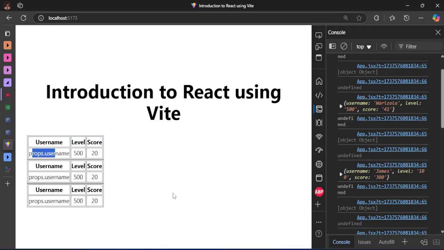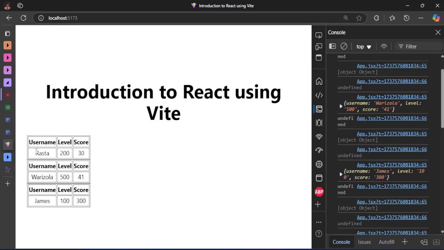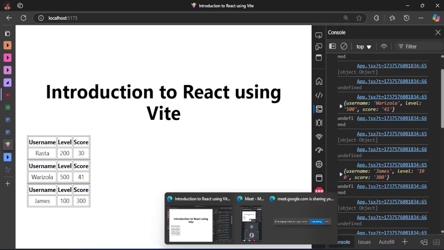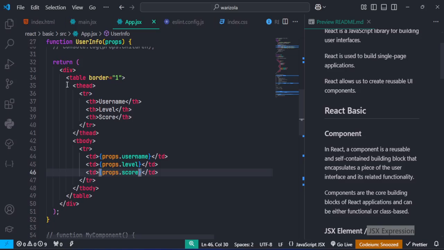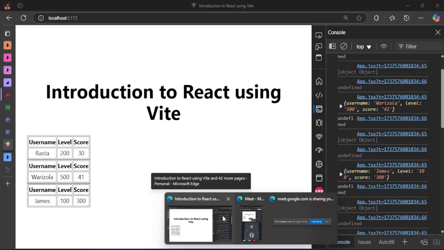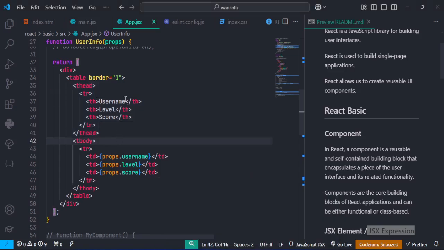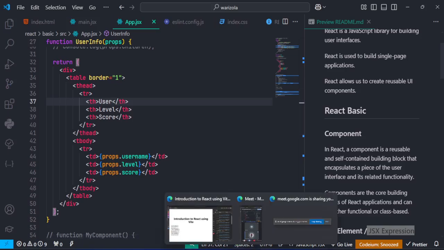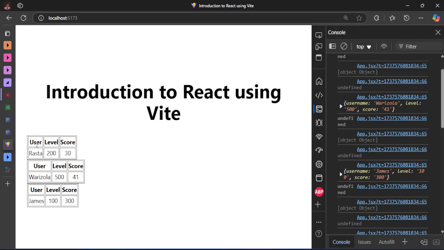You see that now our component is being reused. Can you see? Single component, but I was able to use it 3 times. I don't need to start creating the same thing again and again. If there is any change to my code, I will only do the change once, and you see that it will affect the 3 of them because they are using the same thing. They have the same copy. So in front of username, I don't want to put username, it's now user. So if I save the code and go back to the page, you see that all of them